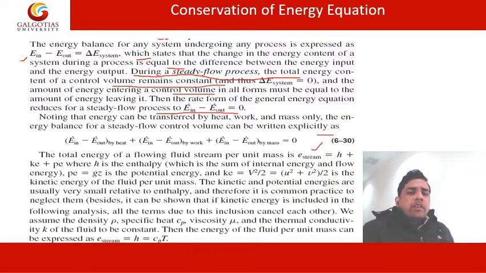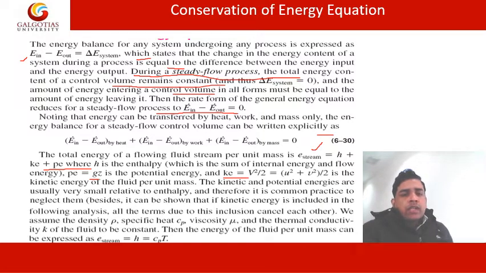So this is basically the energy entering and leaving due to heat, energy entering and leaving because of work, and energy entering and leaving because of the mass that is entering or leaving the system. The total energy of the flowing fluid per unit mass is given by this equation, where h is the enthalpy, which is the sum of internal energy and flow energy, that is equal to u plus P over rho. Potential energy is given by this equation. Kinetic energy is given by this equation, that is V square by 2,